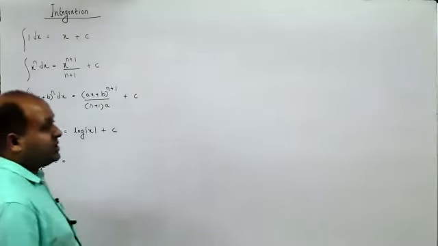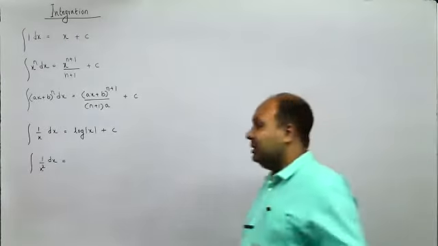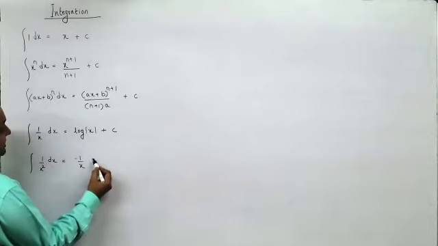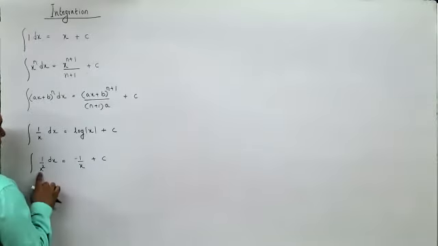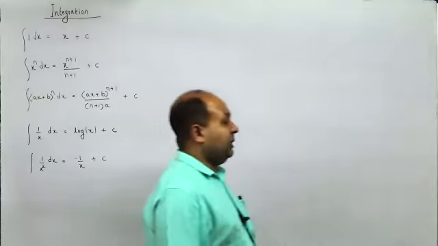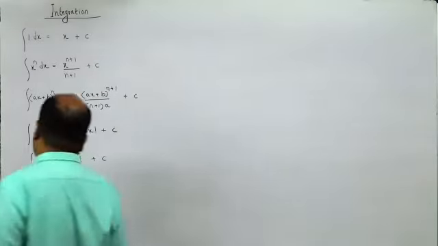Yeah, 1 upon x square dx. Derivative of what is 1 upon x square? It is minus 1 by x. Derivative of 1 upon x is minus 1 by x square. So integration of 1 upon x square is minus 1 by x plus c. Now, similarly,